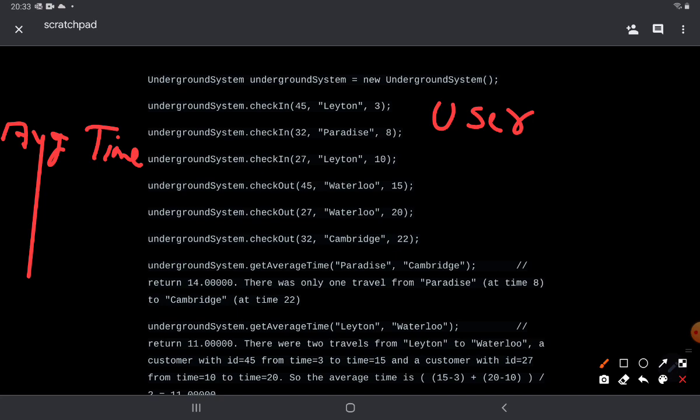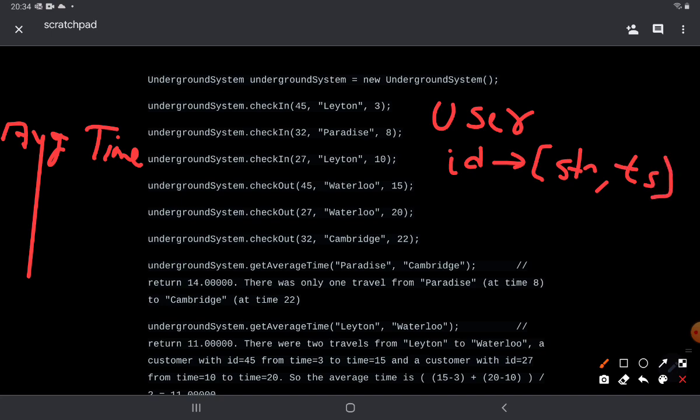So in the user map, the key would be the user ID, and the value would be a combination of the station and the timestamp.